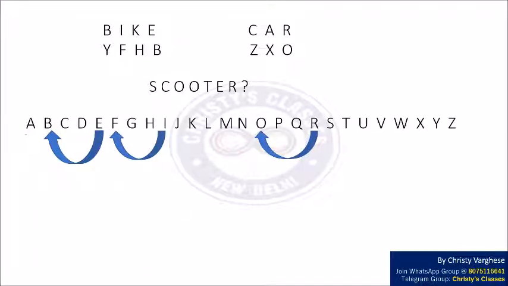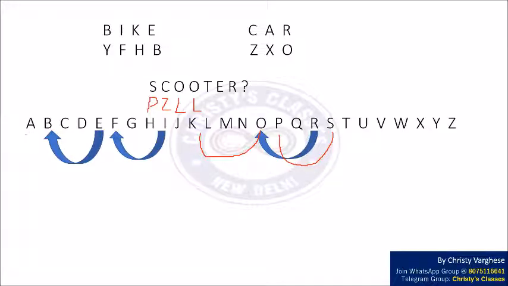So, now consider the word scooter. When we consider S, according to our pattern, it has to be coded to a letter which is 3 steps backwards. So, S has to be coded to P. So, the coding of S is P. Now consider C. C has to be coded to a letter which is 3 steps backwards, and the letter which is 3 steps backwards to C is Z. So C is coded to Z. Now consider O. O is coded to L, which is 3 steps backwards. And this O is also coded to L.